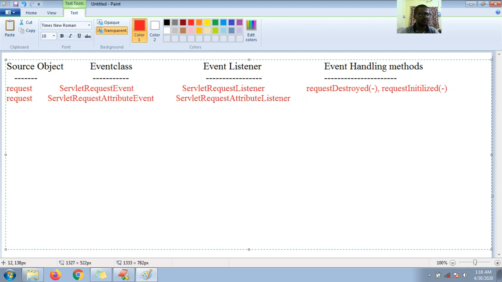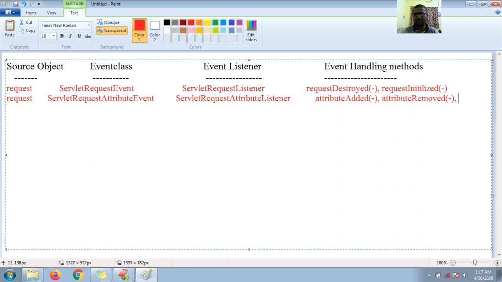Its methods are attributeAdded, which contains one parameter, then attributeRemoved, which takes one parameter, and I need attributeReplaced.